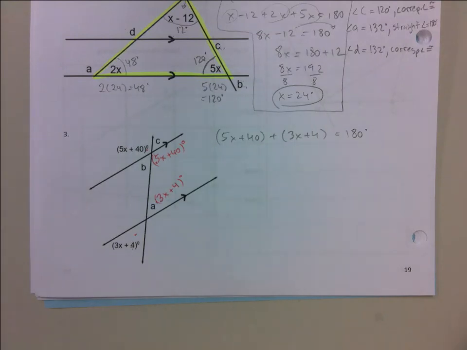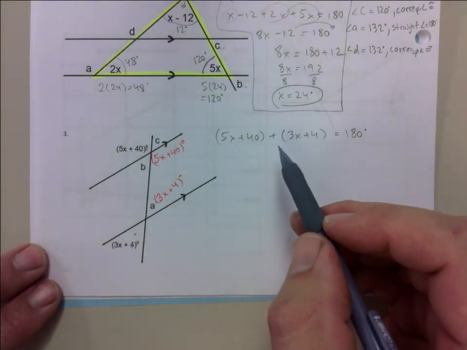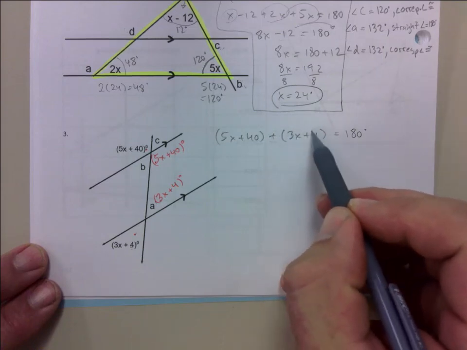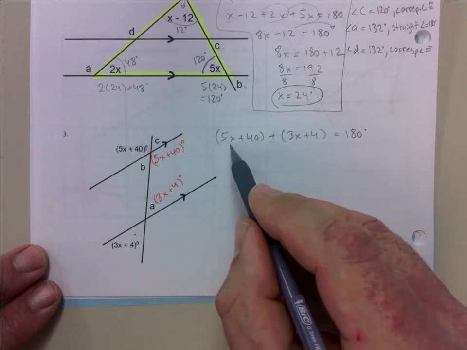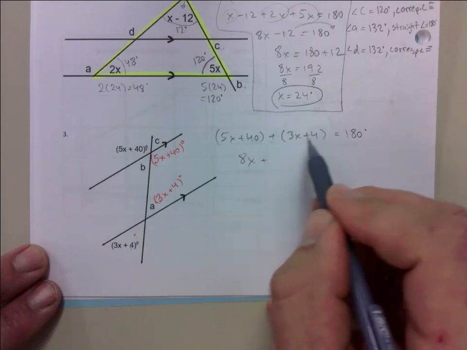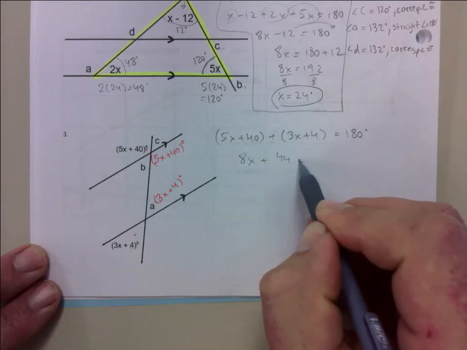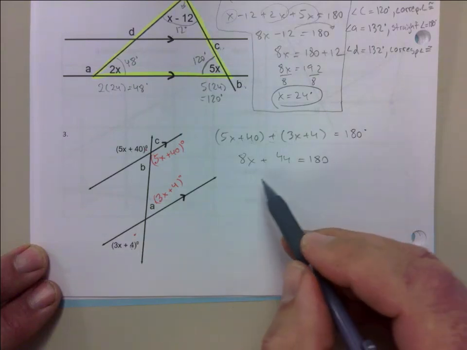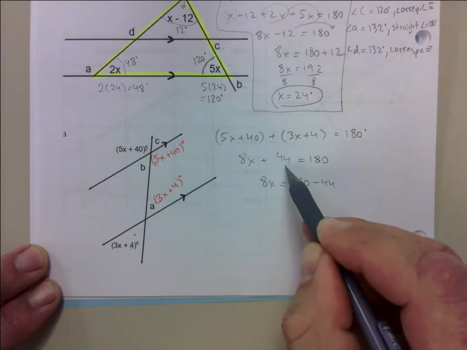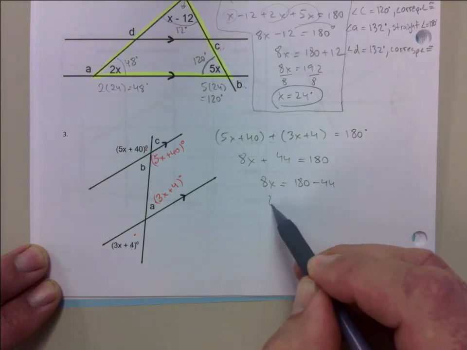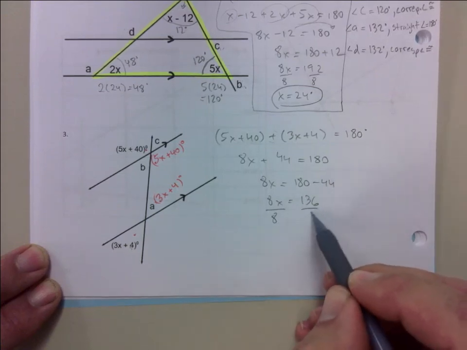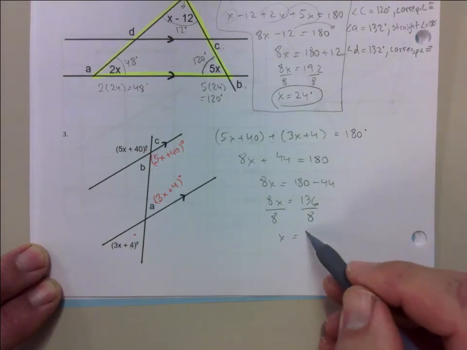I'm going to try to bring in some negatives. Like if there had been a negative here, you would have had to make sure you distribute. So 5x and 3x is 8x. 40 and 4 is 44. That's equal to 180. It's 8x equals 180 minus 44, right? The 44 comes over subtracting. And that's 136. Divide both sides by 8. And that would be 17